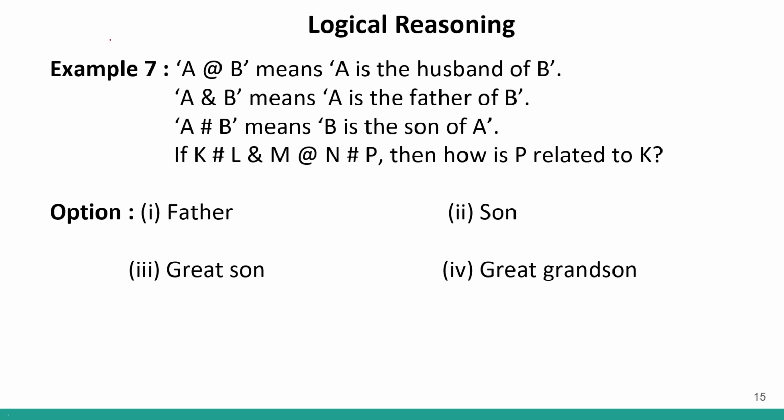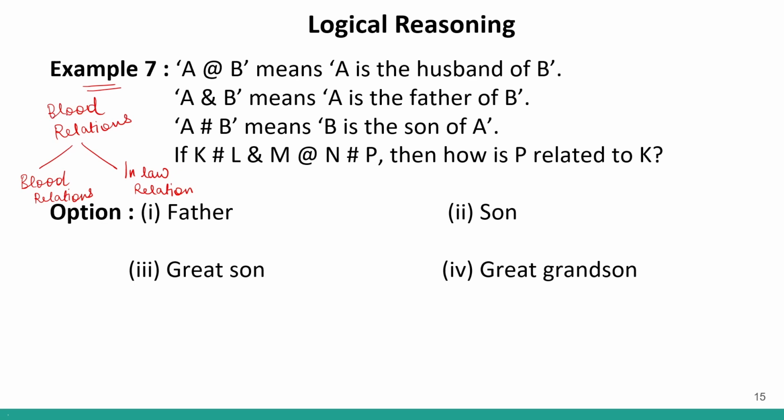So option number 1 will be your correct answer. Clear? Now, example 7. This is a question on blood relations. Now, whenever we get blood relations, we get 2 types of questions. Either blood relations means your family relations. That means mother, sister, father, somebody who is related to you by blood. And then the other type of relations are in-law relations. The relations that you make through marriage. So your spouse and his family, your mother-in-law, your father-in-law, your brother-in-law, those kind of relations.